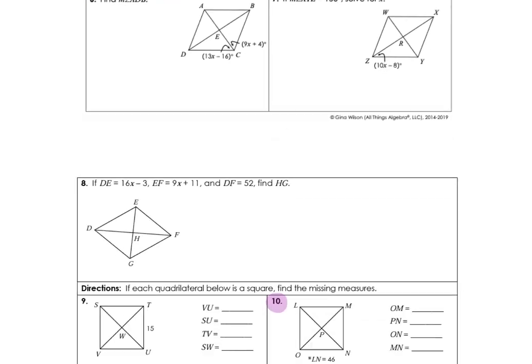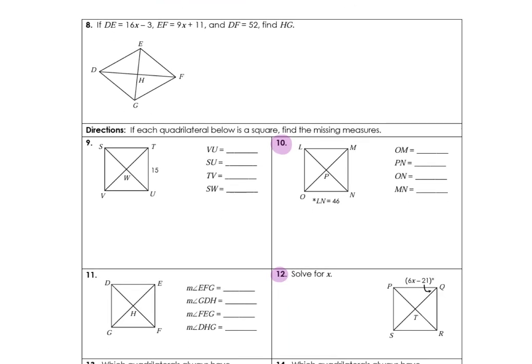Okay. Come down here, words matter. The figure is a square. So now think about what you know about a square. When you look at that picture at the very back of your notes, it tells you everything we know. A square is a parallelogram. A square is a rectangle. A square is a rhombus. So if you put all the properties of a parallelogram, a rhombus, and a rectangle together, you get a square,